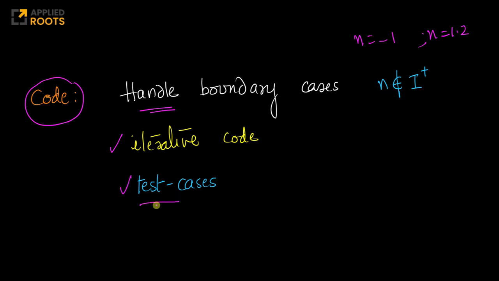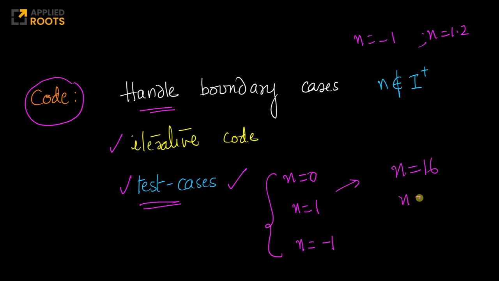Let's write a lot of test cases to see that all the boundary cases are gracefully handled and there are no bugs in the code. This is very, very important. Simple test cases: what if n equals 0? It should be true. What if n equals 1? That's also a boundary case when you're doing binary search. And similarly, what if n equals -1? Let's write a bunch of test cases and run them through the code, or at least check if your code can handle all these boundary cases gracefully. Of course, you'll search for n equals 16, n equals 18, and examples like that.